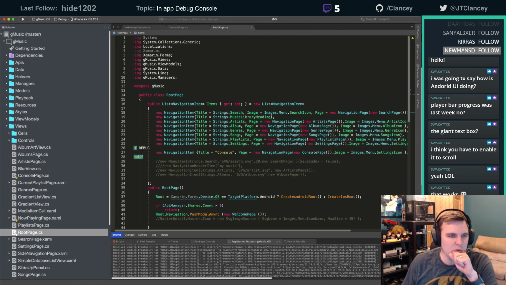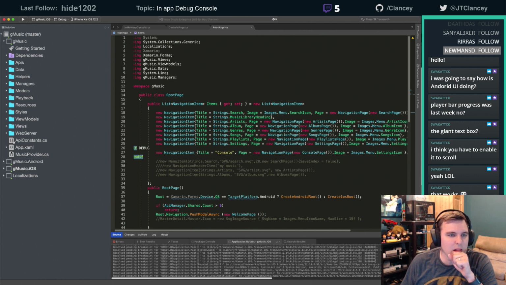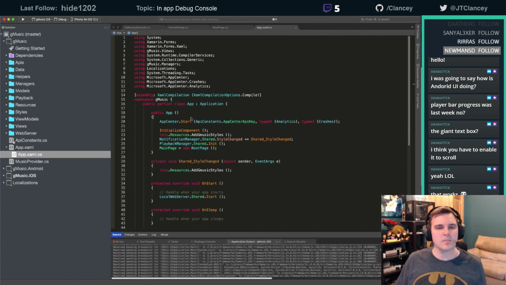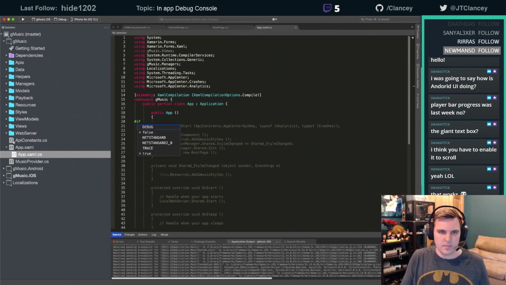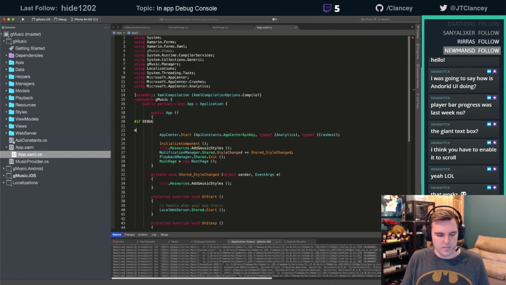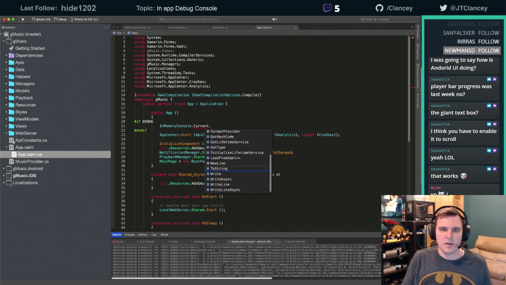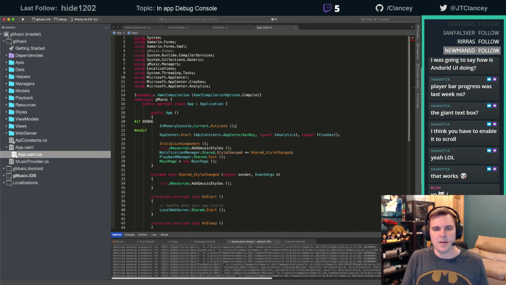Right. Let's make sure we activate it. Current activate. I knew it was something like that. All right, that's it. So all we had to do was activate this thing in debug mode, show the view,